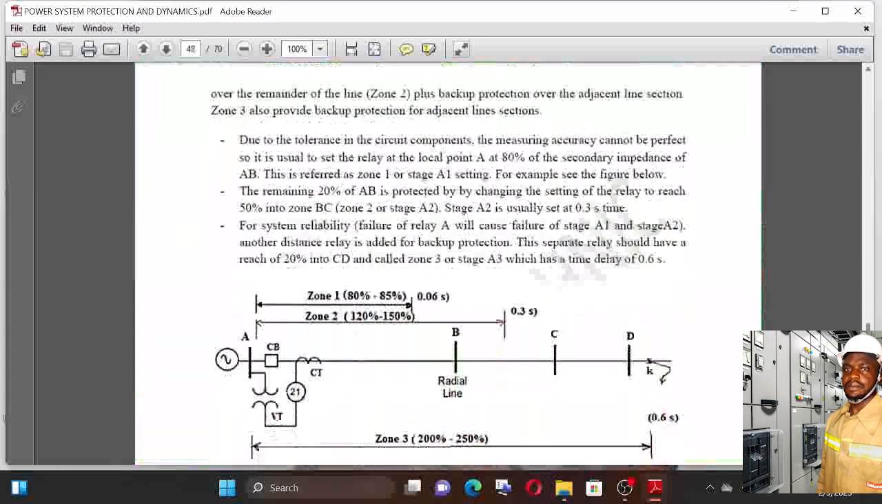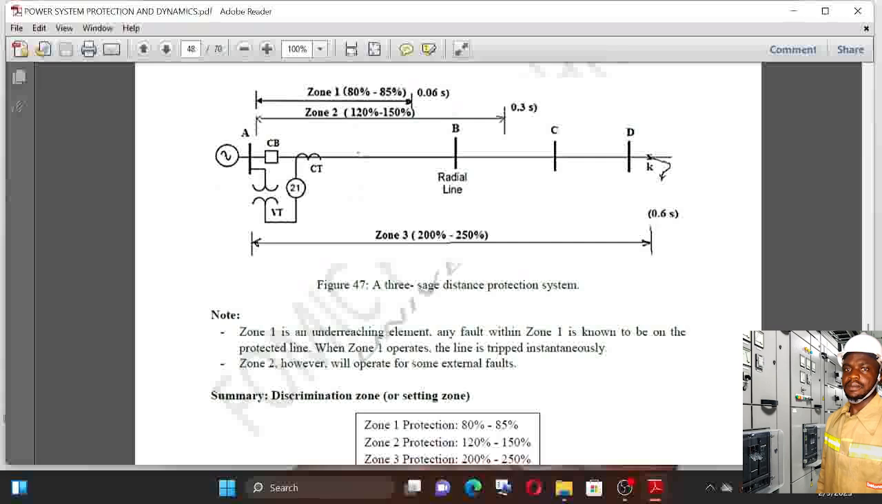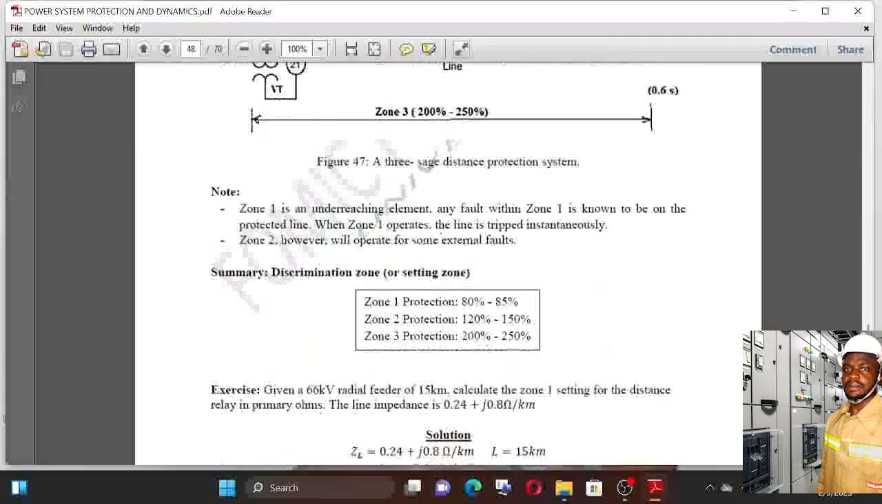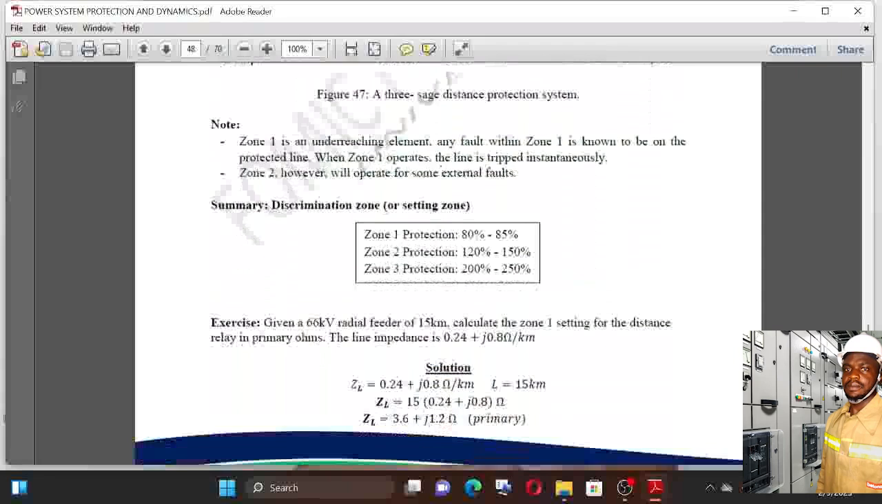Then how are these zones set? Okay, zone 1 is generally set at 80 to 85% of the line. Zone 2, 120 to 150% of the line. Zone 3, 200 to 250% of the line. So whenever you have a line as such, you can divide it into three protection zones for the distance